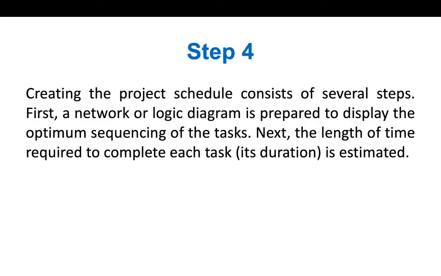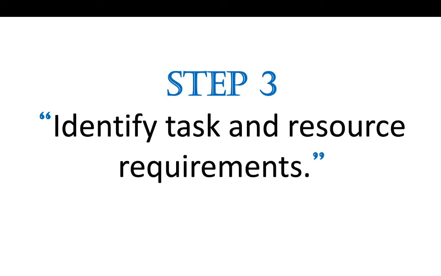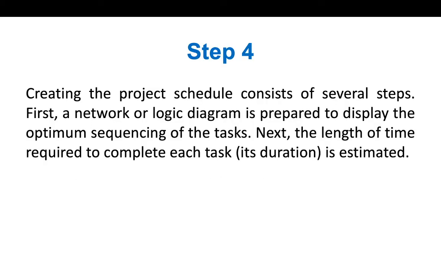So now they know that in step 3, they identify the task and resources they need. Now in step 4, they have to schedule those things via diagram, by charts, that how long each activity will take. For example, the space of the tower is very little. So the first task is to buy or lease the land nearby that tower. So this is the first.